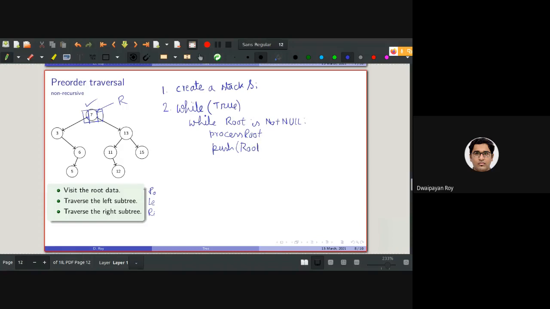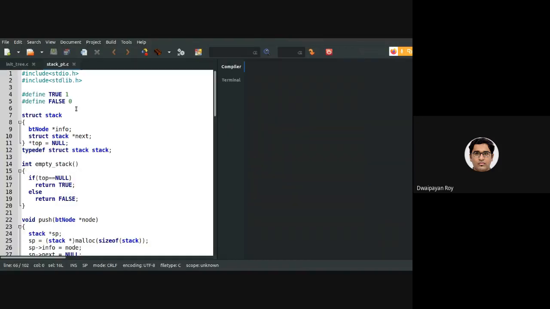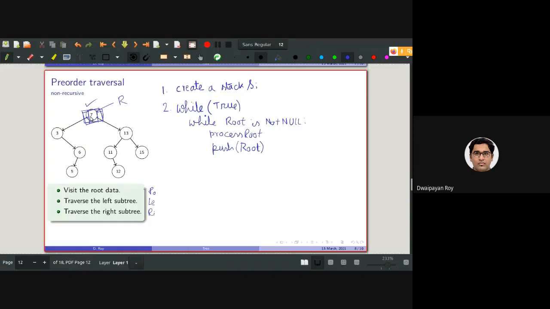By pushing the root node, I am specifying that I will not be pushing just 7, but I will be pushing the whole node. And as I have told you, we have made this stack to contain this. So we can push one whole node, containing one data part, one left pointer, one right pointer, all together in the stack. Okay, so this is pushed. Why is it pushed? Because after traversing the left subtree, I need to go back to traverse the right subtree. And to get the right subtree, we need to keep this whole thing.